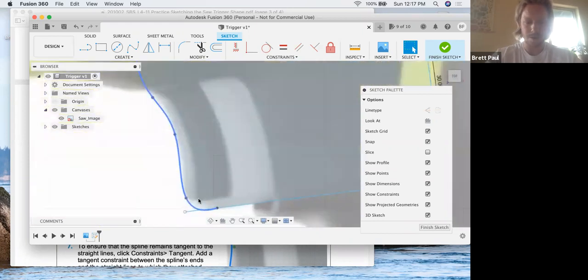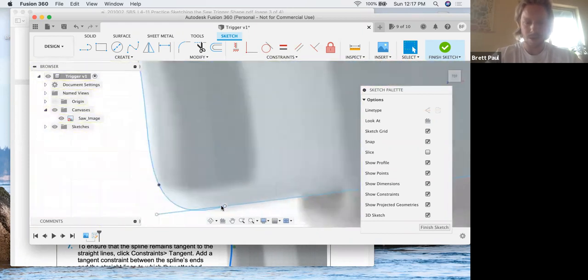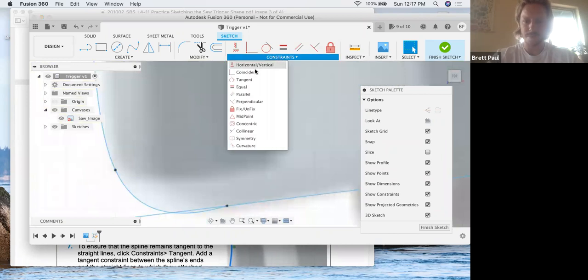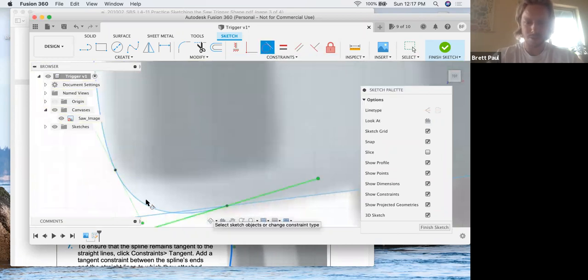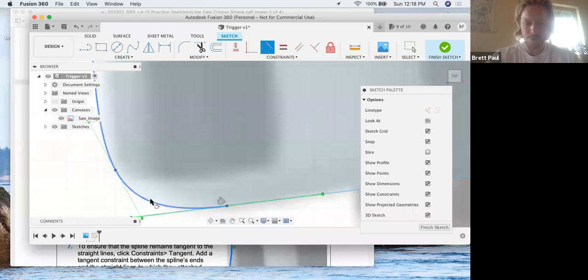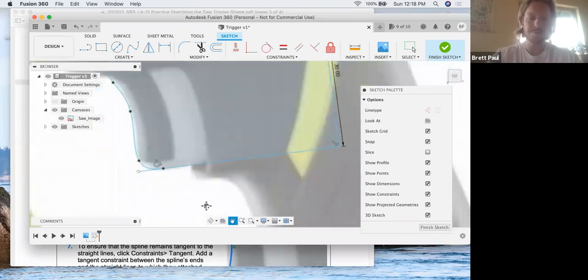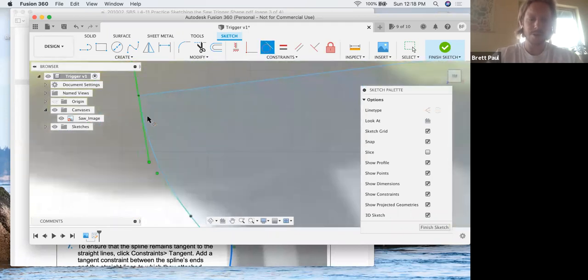Down here, one thing I'm gonna wanna do is put a tangent constraint between this and this. So you can see now that this segment flows nicely right into my spline. And I can do that on both edges here. So, well, that went